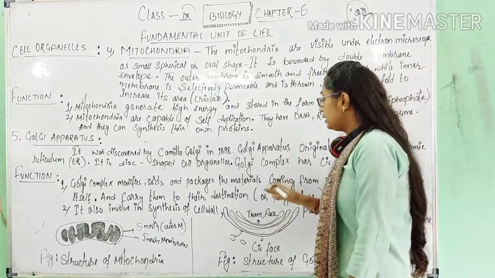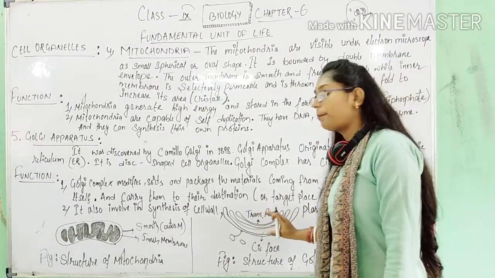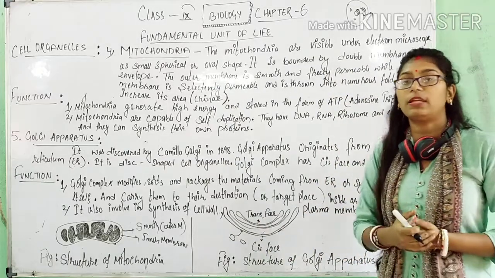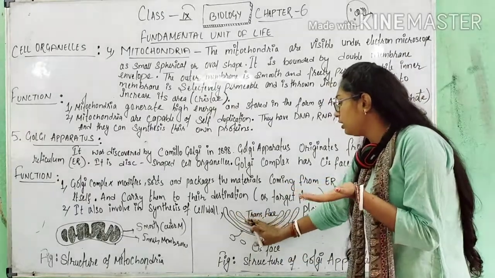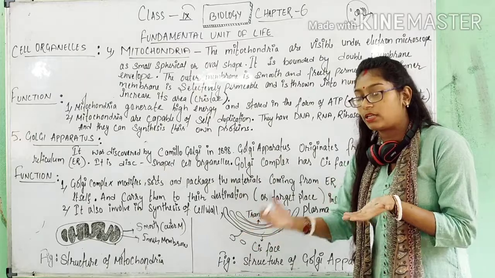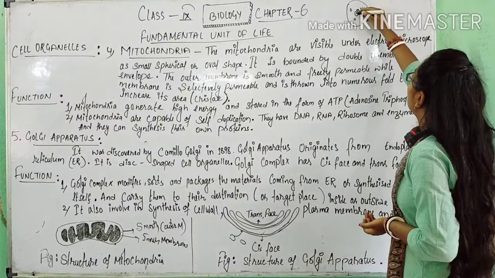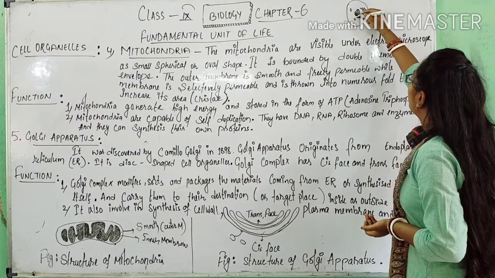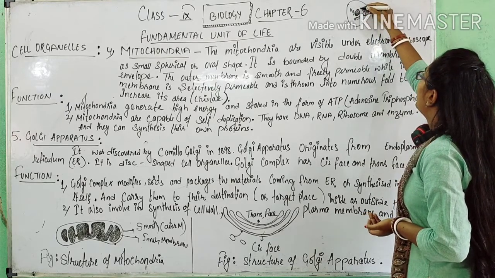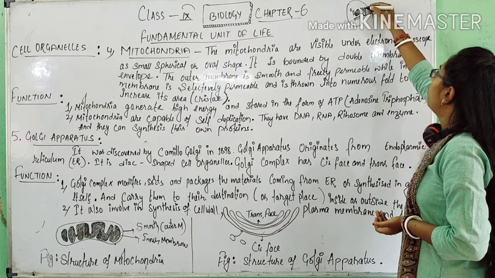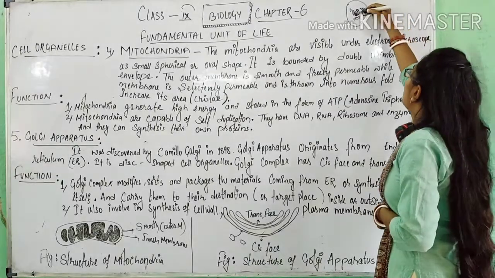So the function of Golgi apparatus क्या है? ये जो actually Golgi apparatus है, it arises from the endoplasmic reticulum. Okay, so this shape which we call Golgi complex or Golgi apparatus, both are the same. So they arise from the endoplasmic reticulum. Like this is a nucleus. In here we have what? Endoplasmic reticulum. So these are what? Endoplasmic reticulum, and from this endoplasmic reticulum the Golgi apparatus arises, and this Golgi apparatus, their function is to receive